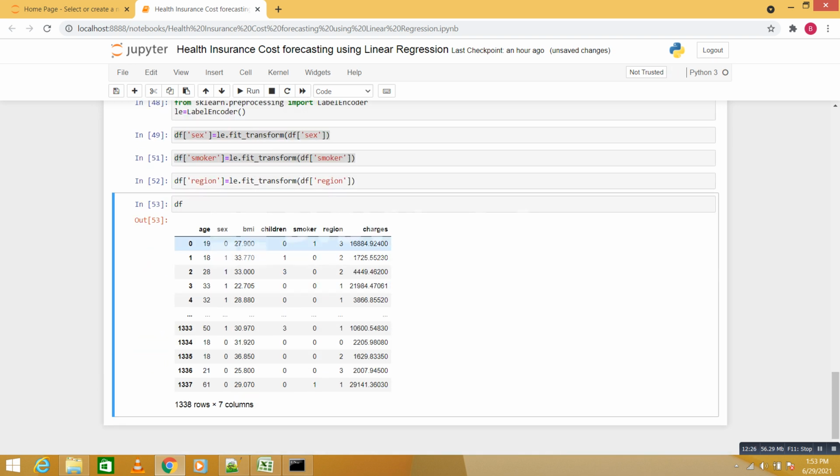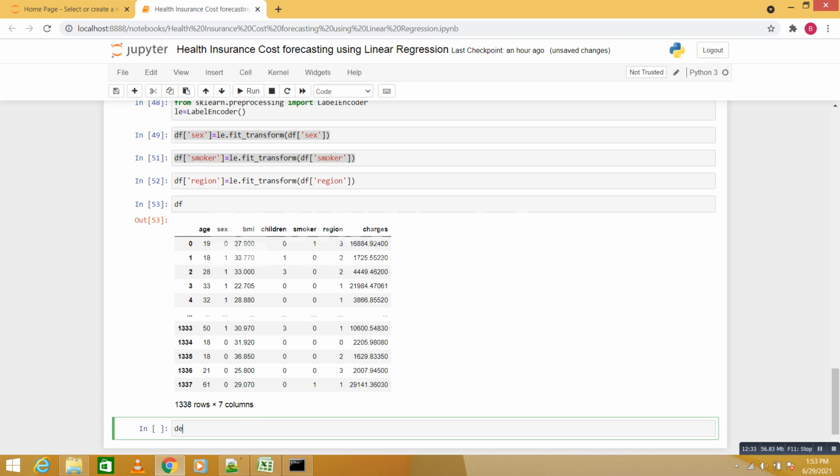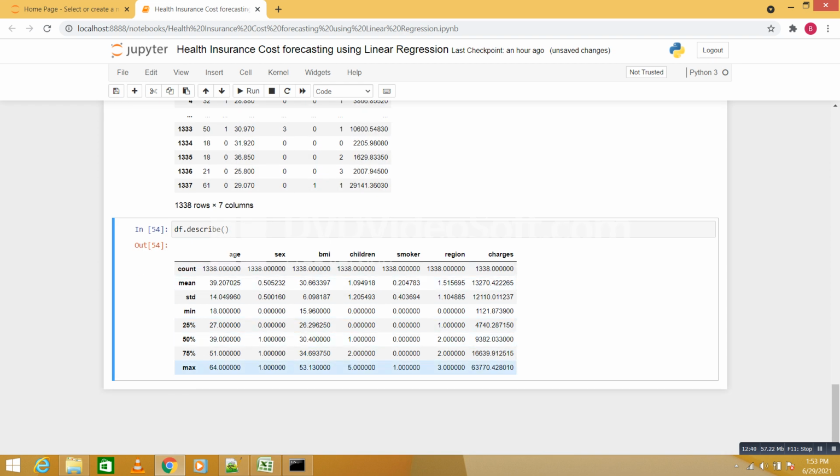If I do df.describe, it will show some statistics. For children, the minimum value is 0 and the maximum is 5; for region the minimum is 1, because we converted the data from categorical to numerical, which will help prediction and give statistics helpful for us.